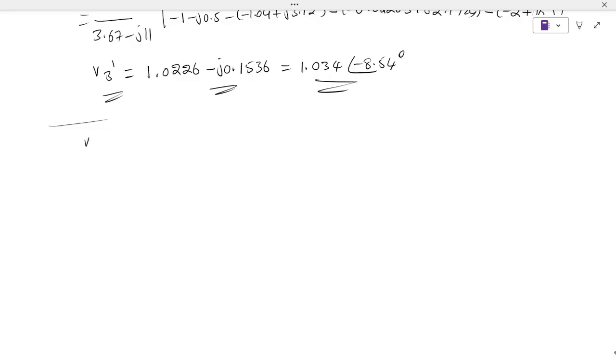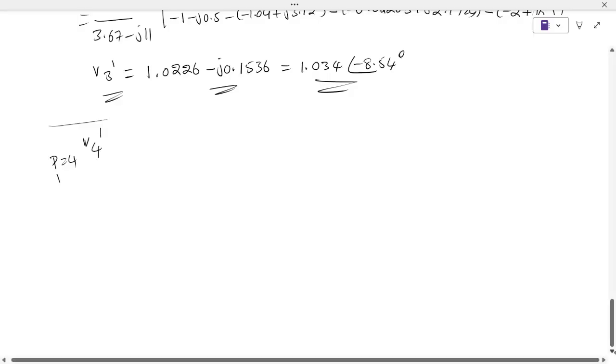Now V4 1, that is V4 (K plus 1), that is 0 plus 1. Now here P is equal to 4, K is equal to 0. Now V4 1 is equal to 1 by Y44, (P4 minus jQ4) by V40 conjugate,